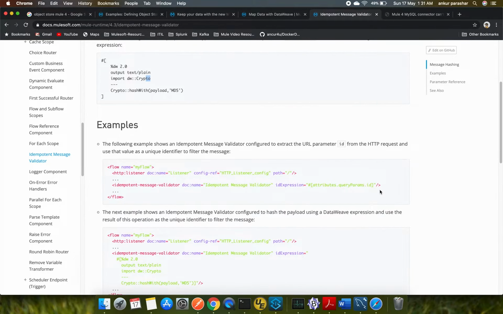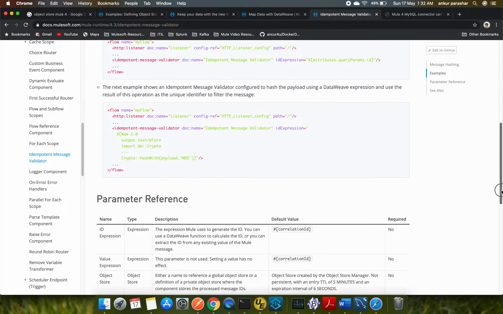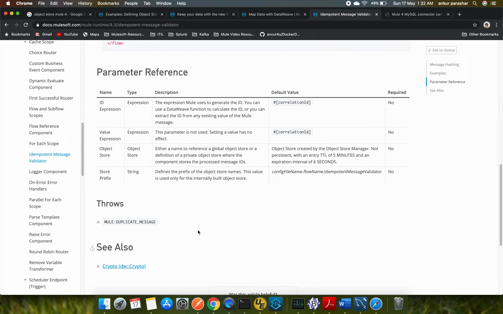But for the second example, they are simply using attributes.parent.id. That is, they are sending some field in the query parameters, id, and they are checking if the same id is getting pushed into the flow. Then it will throw a duplicate message error. Duplicated message will be the error which it will be throwing.